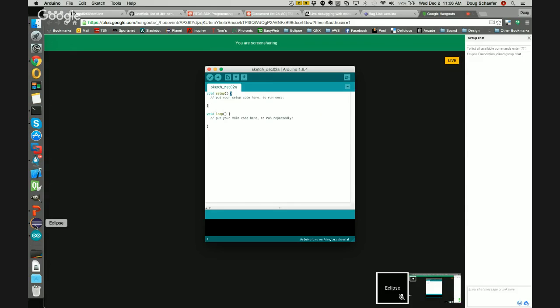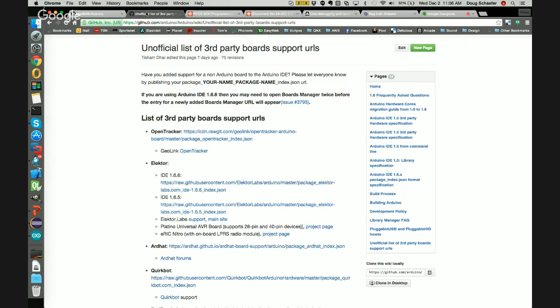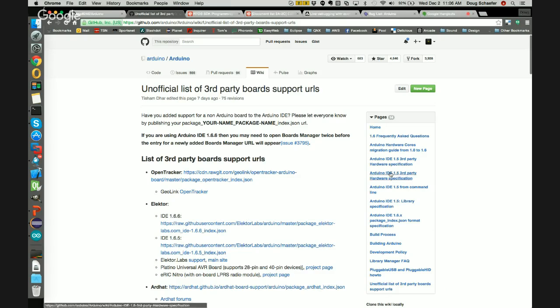There's a couple of things that happened along the way that have made me really excited about it. And really a lot of those things came from the Arduino people themselves, because this IDE is very configurable based on a set of metadata files. And they've been very open about the specs for those files. And you can actually, it's up on their wiki. You can look at, they have a way to specify